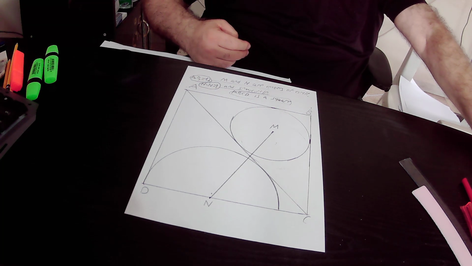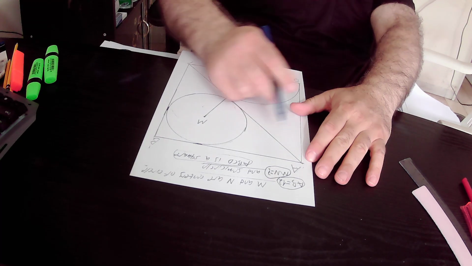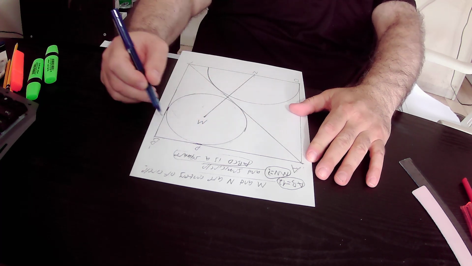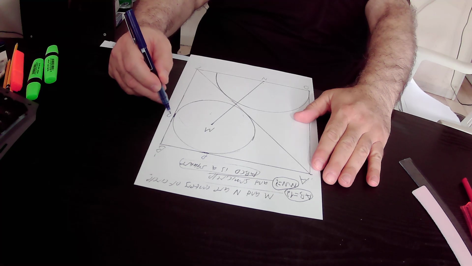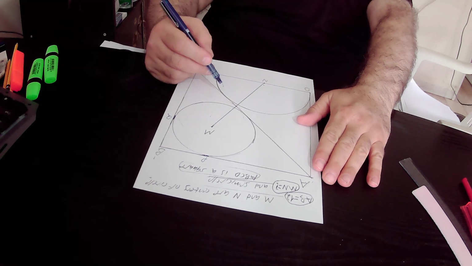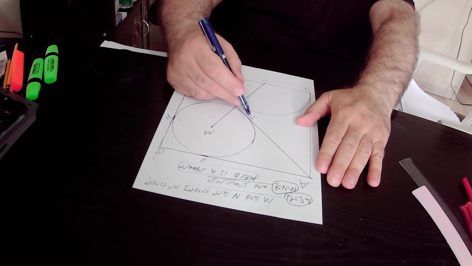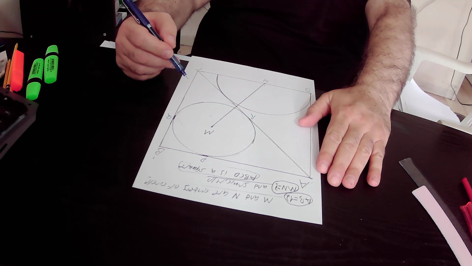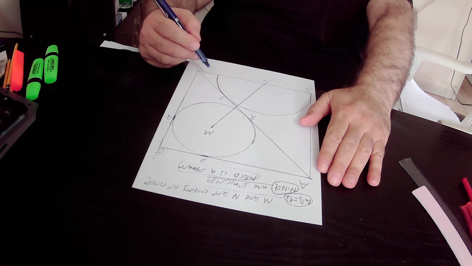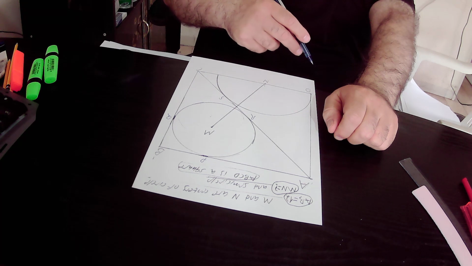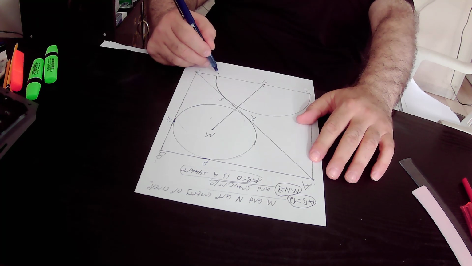Okay, so first of all we will define the point of tangency of tangent AB with this circle as point P. We will define the point of tangency of tangent BC with this circle as point Q. We will define the point of tangency of tangent AC with this circle as point R. We define the point of tangency of AC with this semicircle as point S, and we define the touching point of the semicircle with side DC as point T,